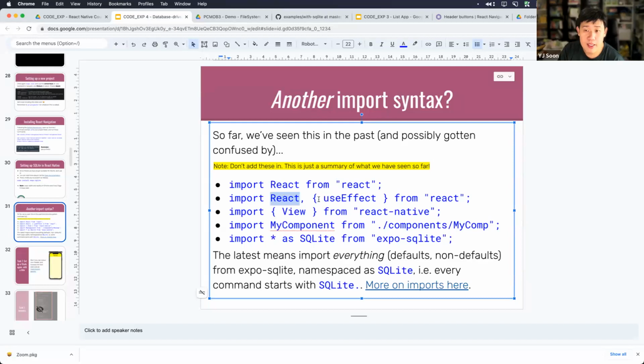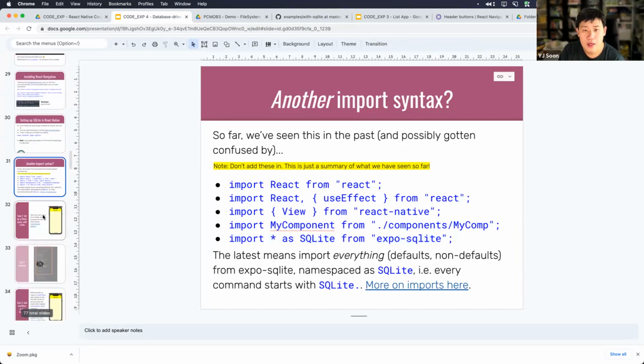This one imports the main export as well as something that's not the main export. Import just the non-main export from a library. This is import the main export from a file. And this one is import everything from SQLite as SQLite. It'll be namespaced, so everything you use starts with SQLite dot.